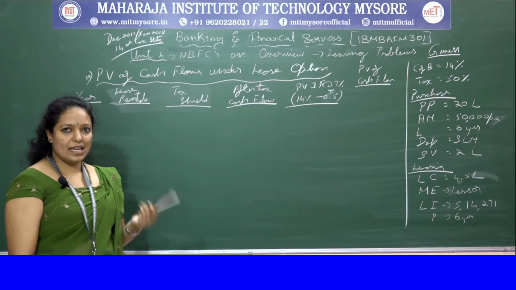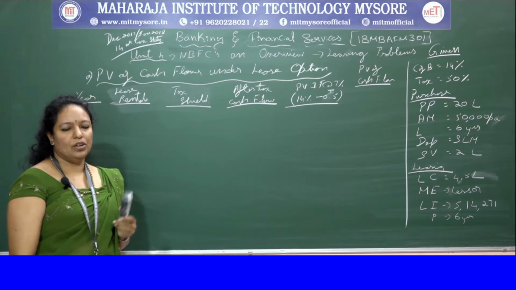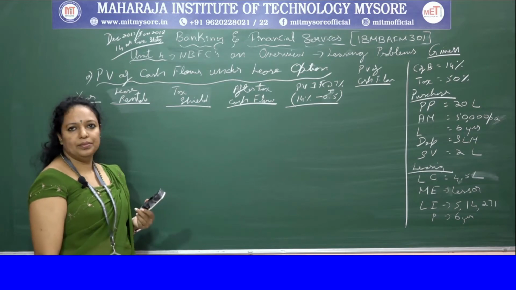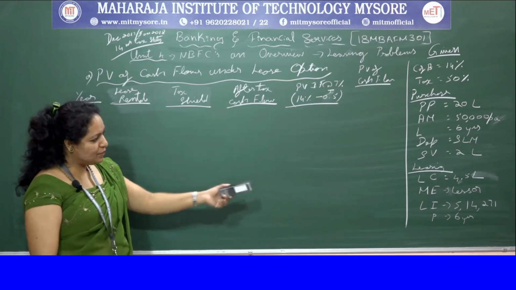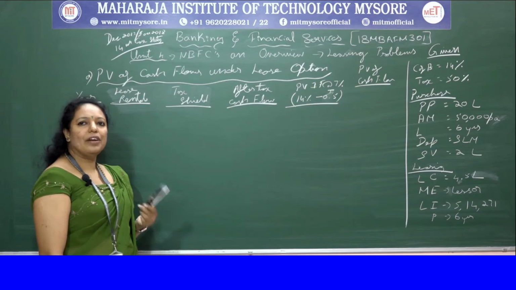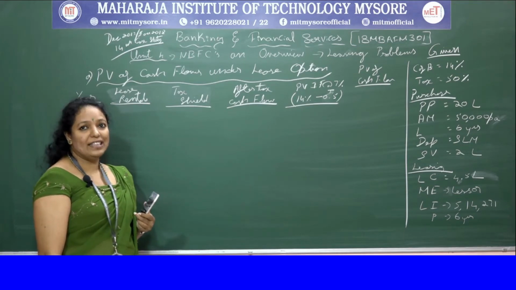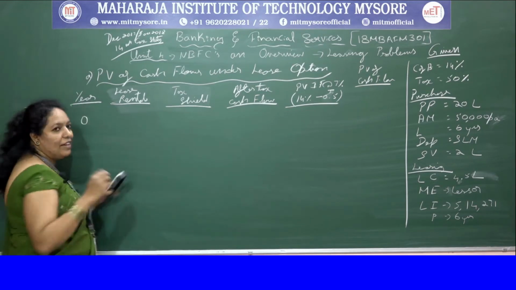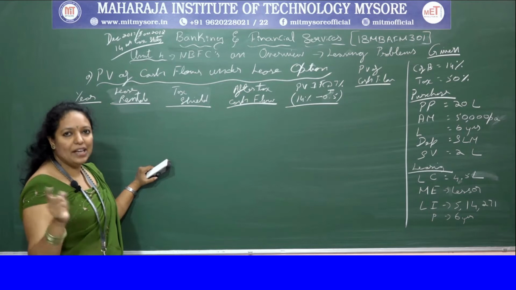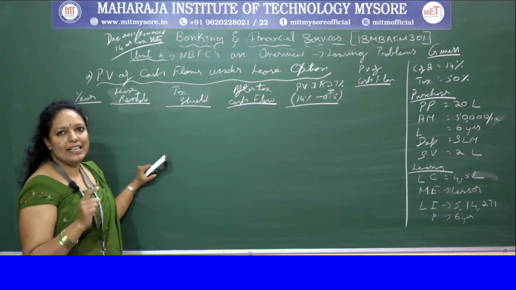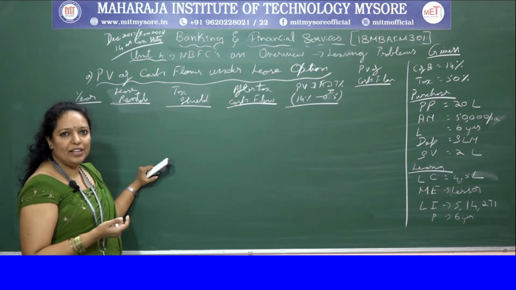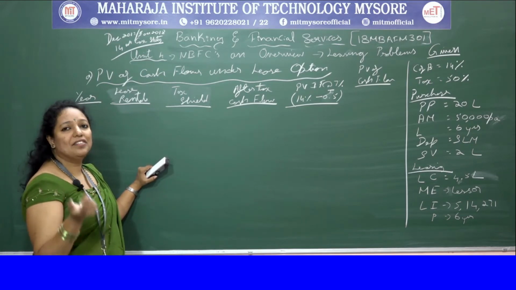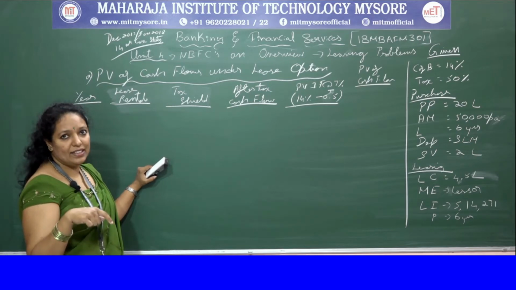Now let's start solving the problem. So initially you have the details which is given. From those details, let's start calculating individually. Here I've told you the difference. If it is year end, then directly 6 years you put and you put the value and you do the calculation. But in this case, the value is not given directly.